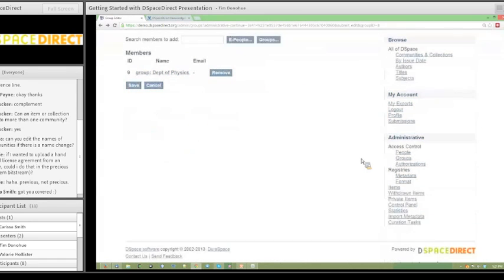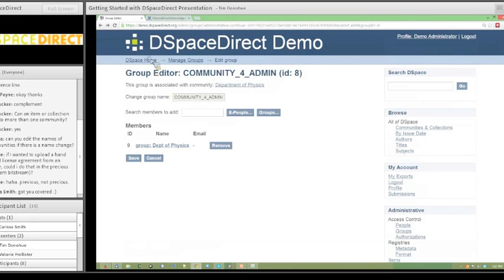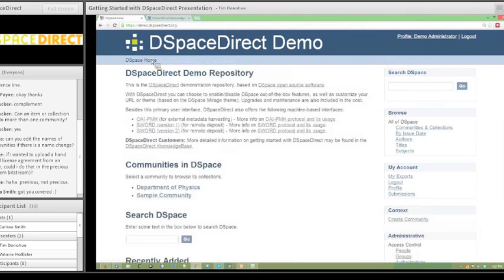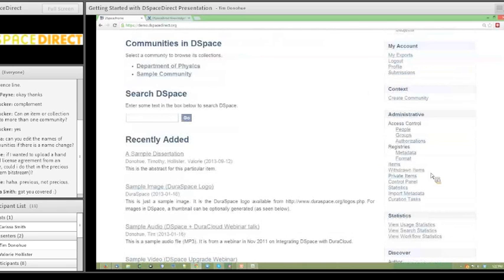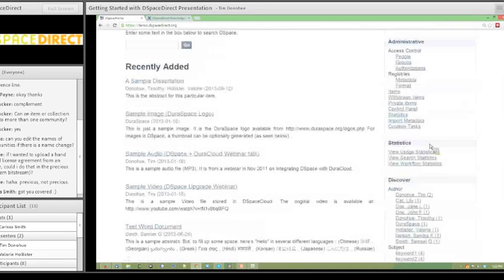The last few things to mention very briefly here, that's basically most of the administrative stuff that you're going to do in DSpace. But I do want to have a couple other very small side notes of other features DSpace does provide to you. You saw some of these things here, the ability to jump into withdrawn items or private items, things that you marked in that way. The control panel has more things that DSpaceDirect administrators will be utilizing at some points in time,